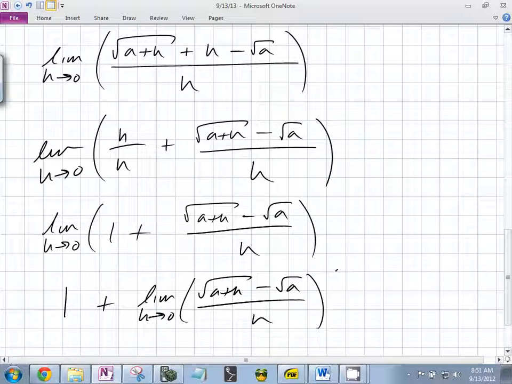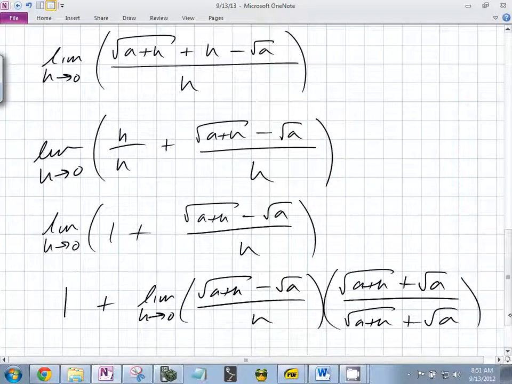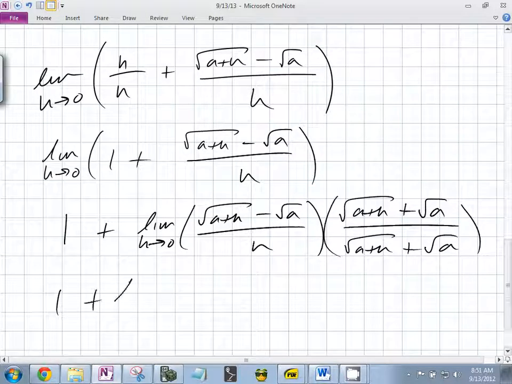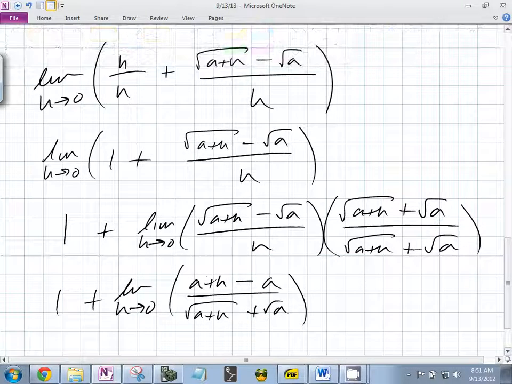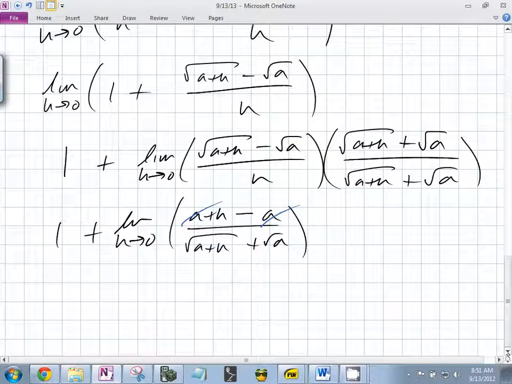What do you want to multiply this by? Plus root a, all over the square root of a plus h plus root a. And what do you end up with? The limit as h goes to 0 of a plus h. The middle terms cancel, and what are you left with? Minus a, all over root a plus h plus root a. What cancels on top? The a's cancel. Is that kind of cool? So you end up with,